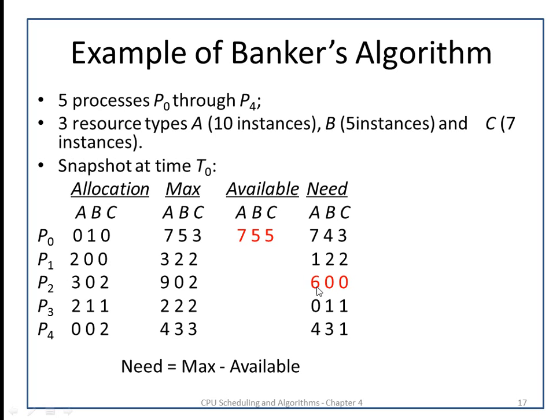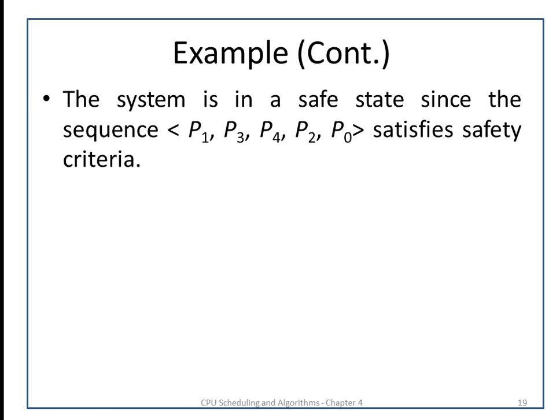Now the next remaining process is P2. So this need can be satisfied by the available resources and it will be assigned to the process P2, and after complete execution of the process P2, it will return back that resources to the system. So the system, after completion of all these processes, will have its own 10 instances of resource type A, 5 instances of resource type B and 7 instances of resource type C. Means here what we have found is that we got the safe sequence.